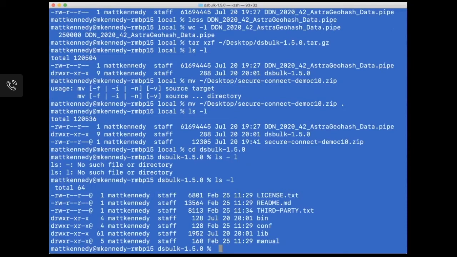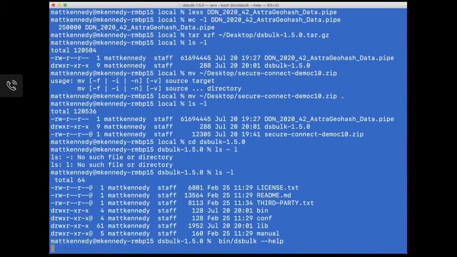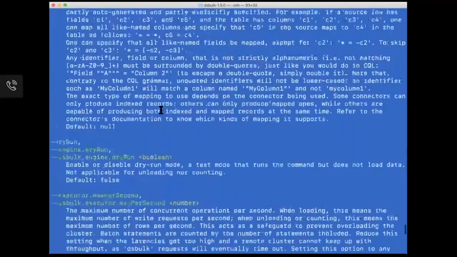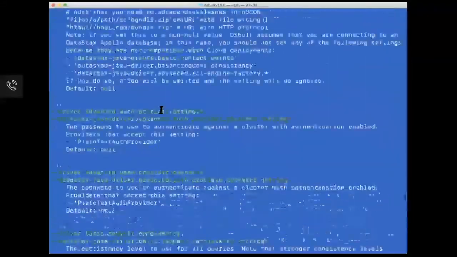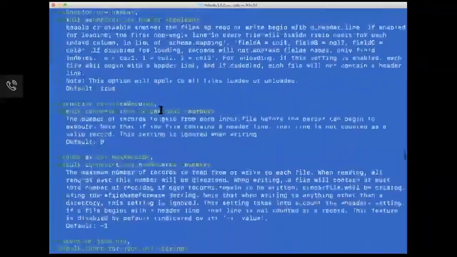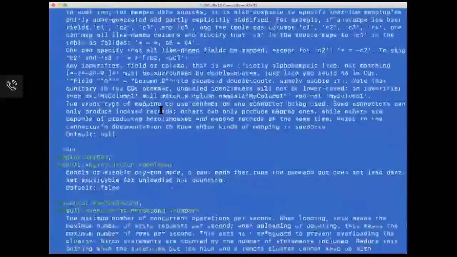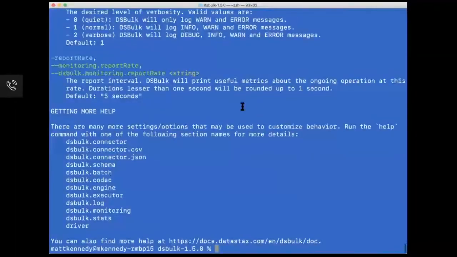Right now we are going to show you how a fairly lengthy DS Bulk command works. Let's start by just an invocation of that. We're going to run that with --help, just so you can see how copious the output is. As you can see, there's a lot of built-in documentation on how to use DS Bulk. I am going to use a cheat sheet, of course, and go right to entering the correct parameters rather than fishing through all of that to try to find what we need to enter. So bear with me one moment while I bring that over.